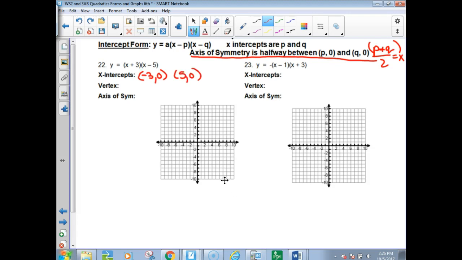You need to write them as points. Do not just write -3 and 5. I need to know if you know the difference between an x-intercept and a y-intercept, okay, and how the point is written. So -3, 0 here, 5, 0 over here. We need to get the vertex and the axis of symmetry. So let's find our axis of symmetry. We take -3 and 5. We add them, and we divide by 2, which is so tough. You were moaning. 2 divided by 2 is 1. Okay, so axis of symmetry is x equals 1, and the h value of the vertex is 1. Next step, plug in 1 in the equation. So we'll have